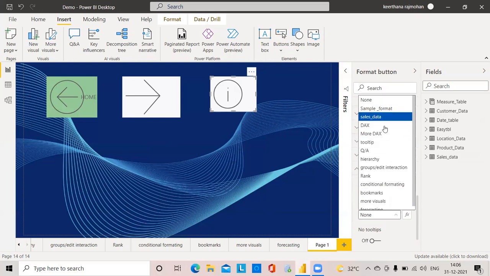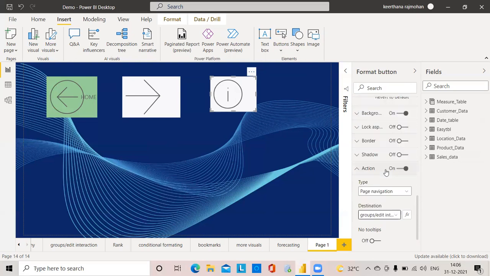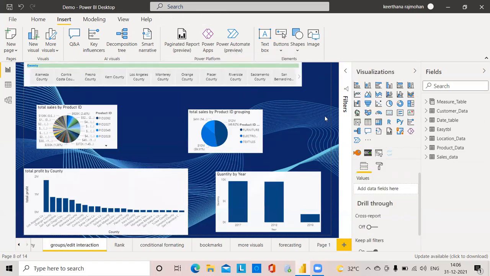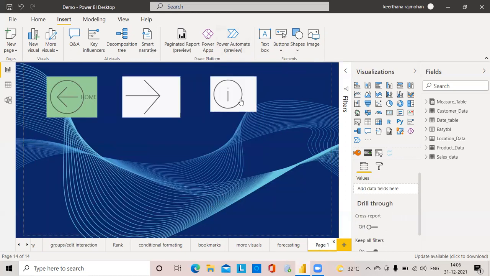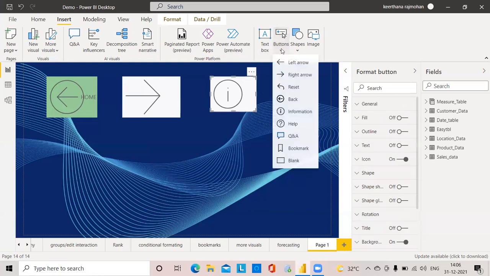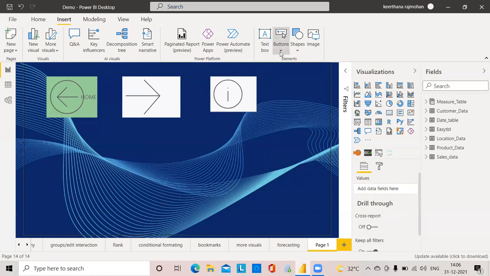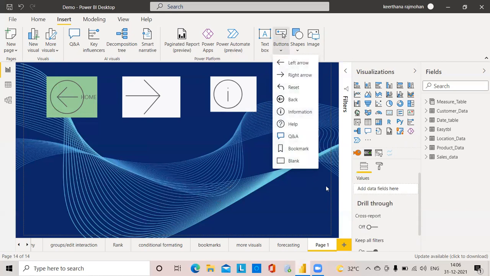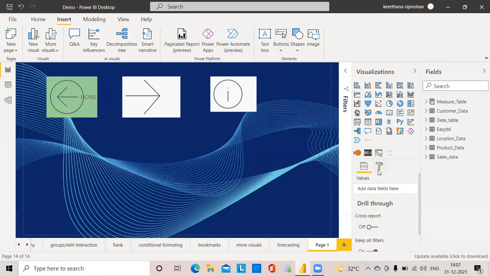Suppose I give the page Groups and Edit Interactions. This is one of my pages. When I Control plus click, it will navigate to that page which I have mentioned. That is the destination part. So that is the button. Any button you can choose, but how the button works depends upon the action which we are setting.